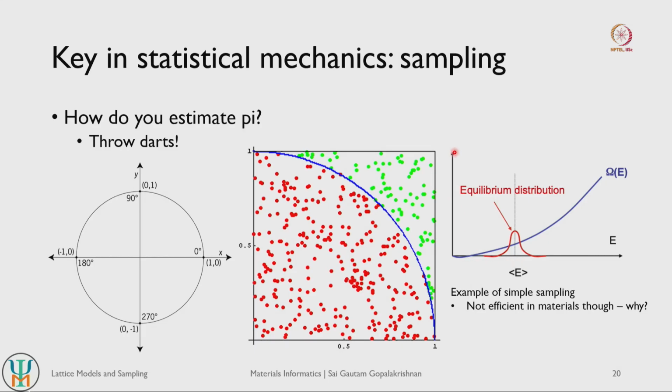So let's say this is the number of microstates in your system, indicated by omega here, and we are plotting the number of microstates as a function of energy, right. The number of microstates for systems generally tends to increase with an increase in energy. So the more energy you have, the more microstates you generally have within your system.